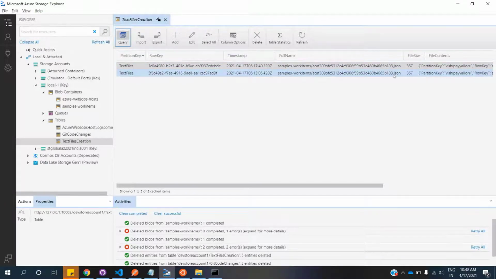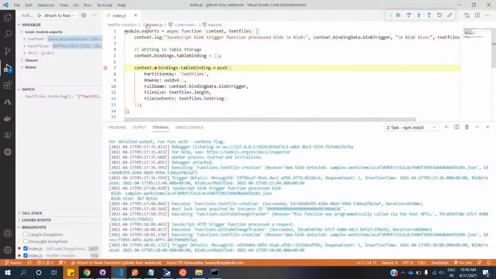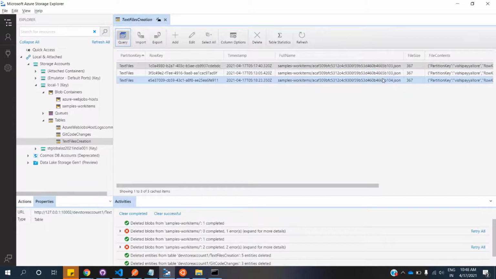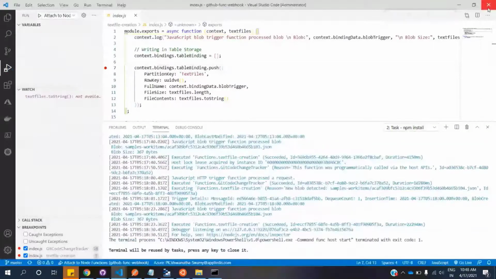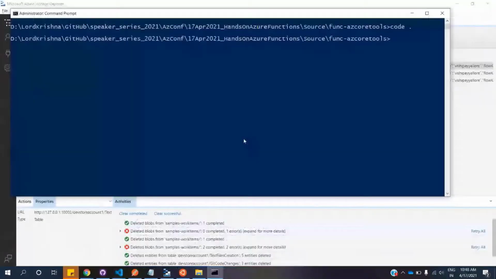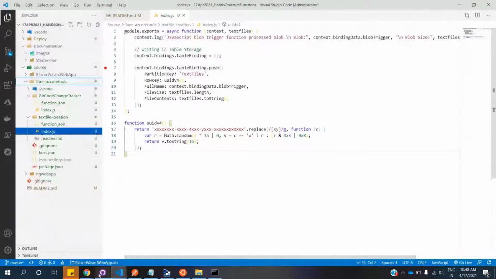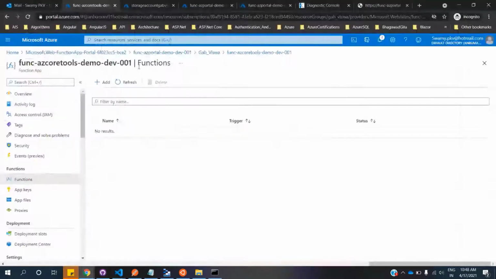So we have the 103. Now it will trigger. It has come to the text file creation. The moment I do, you will see an extra row here that is for the 104, right? So this is our Azure function. So we have the capability to test it from local also. We successfully tested this, and after we tested it, we can come back to the portal real quick.